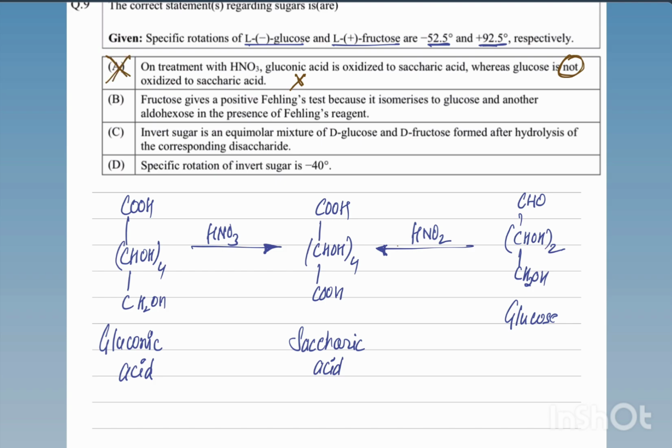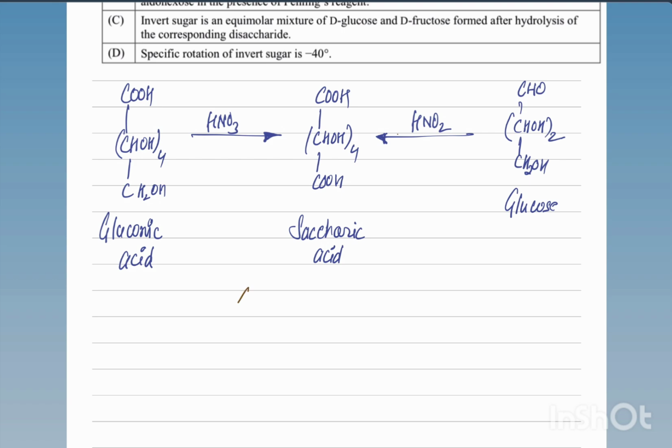And if you talk about the B statement, fructose gives a positive Fehling's test because it isomerizes to glucose and another aldohexose in the presence of Fehling's reagent. That is also correct, because as we know, Fehling's reagent is basic, and in the basic medium glucose, fructose and mannose